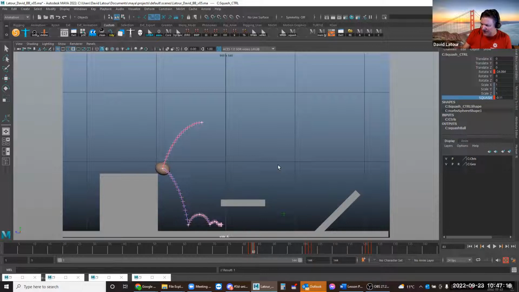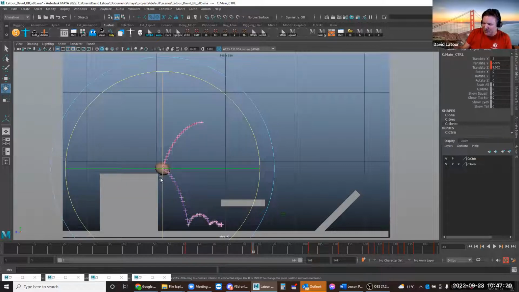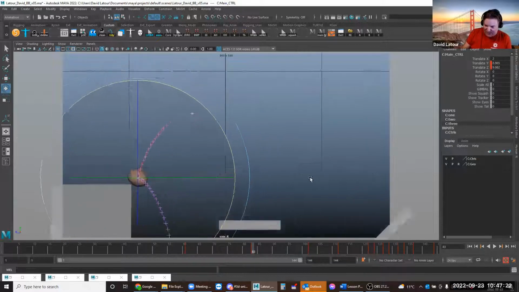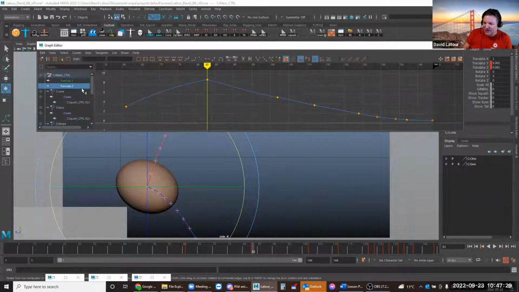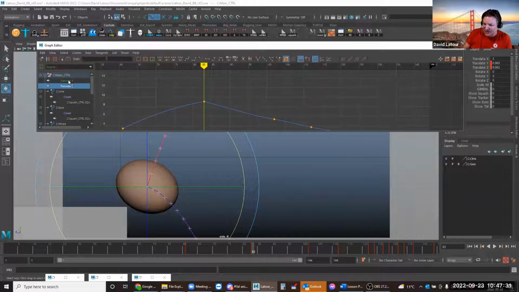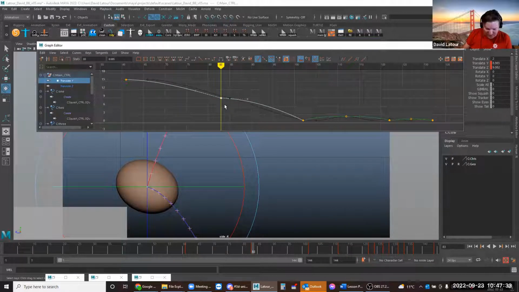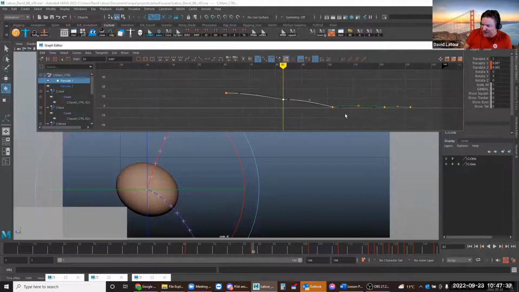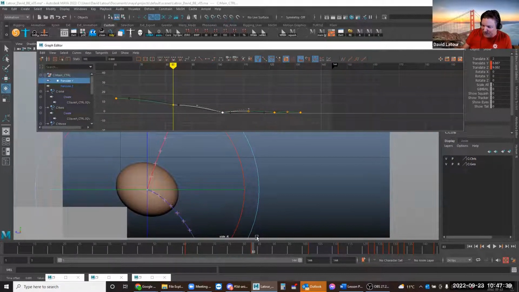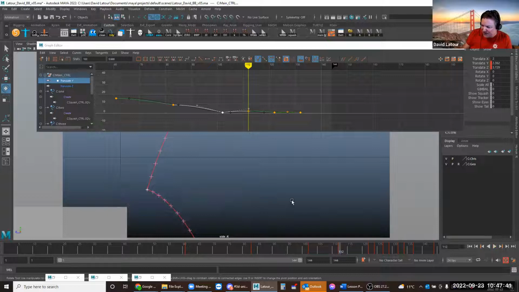Yeah, 0.11, that seems all right. And then let me fix my contact points, because you can see now, because I squashed the character, that contact is not quite in contact. Go to the graph editor and translate Z, actually I'll do it on the translate Y, frame that up. Just pull that down just a tiny bit, there we go. And same with this one here, go to my next contact point